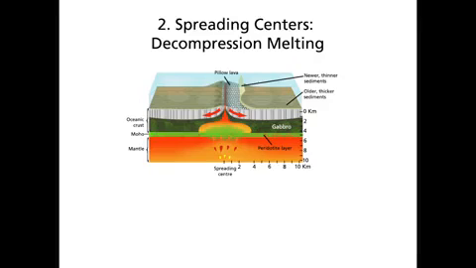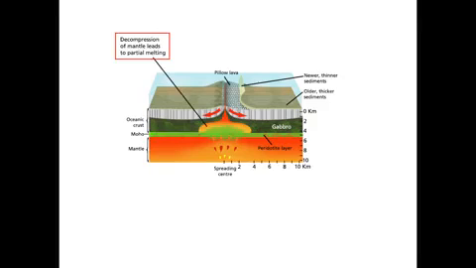Rather than being forced up through the crust and forming a volcano at the surface that way, here we have what's called decompression melting. Where two plates are being pulled apart, the pressure on the underlying material reduces. This release in pressure causes part of the upper mantle to liquefy, and that produces the magma chamber underneath the spreading center. Because mafic minerals have a higher melting temperature than felsic minerals, these tend to precipitate out of the